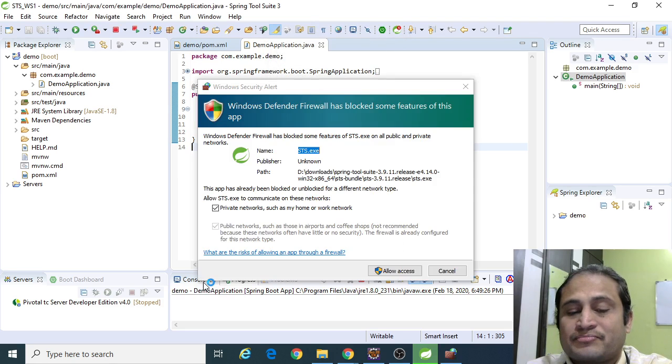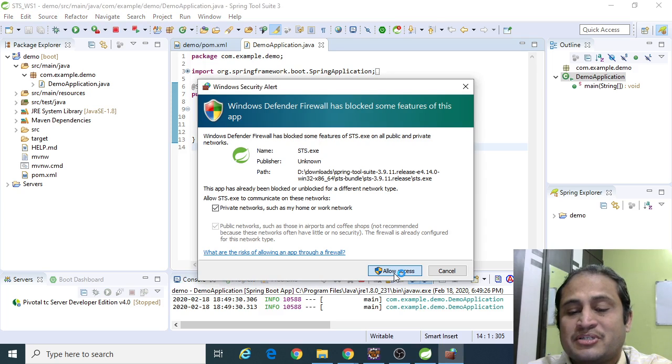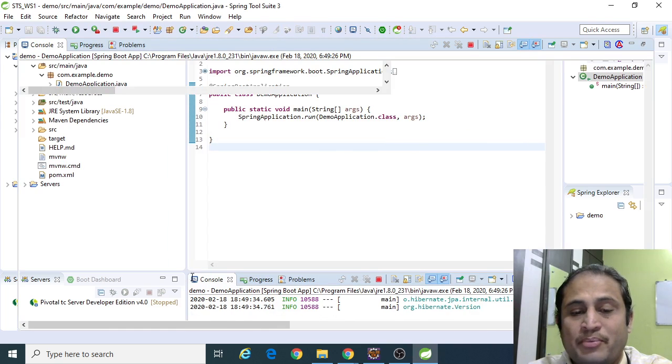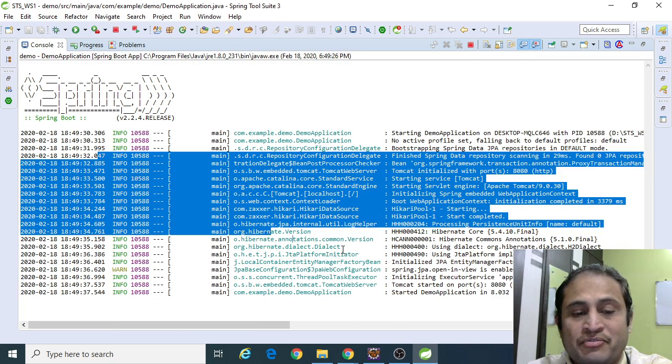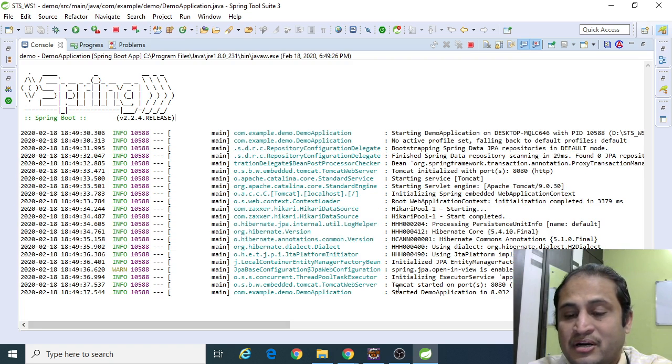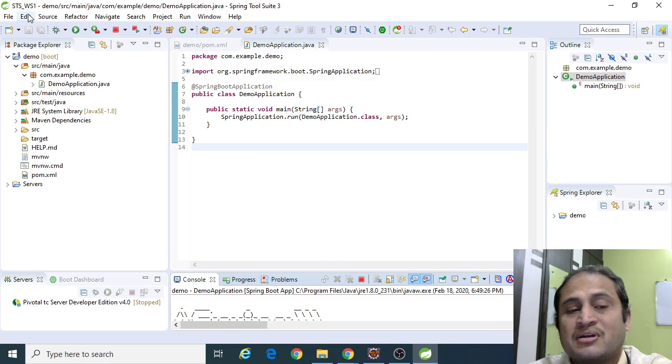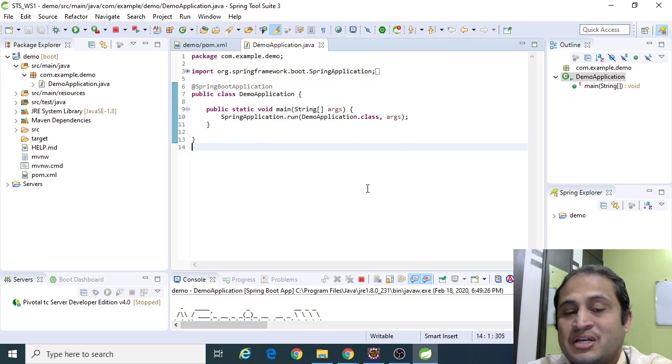Okay. So yeah, it is asking some permissions to read some access. So I opened this particular console. It is beautifully printing all the console output, and the Tomcat server has started, and it is listening on port 8080. So this is as simple as that. It is very similar to creating a project. Go to start.spring.io, or maybe you can install Spring Tool Suite, and you can directly create this project. So this is another way of creating the Spring Boot application.